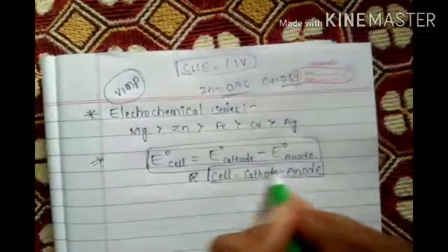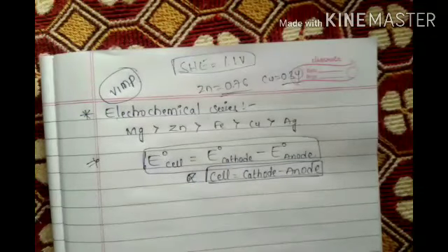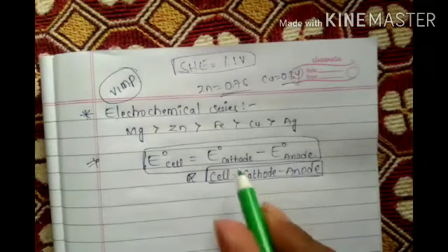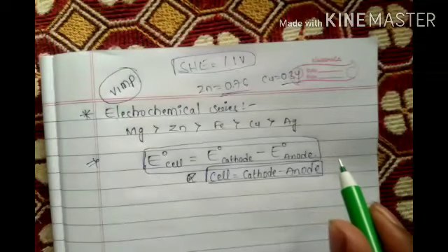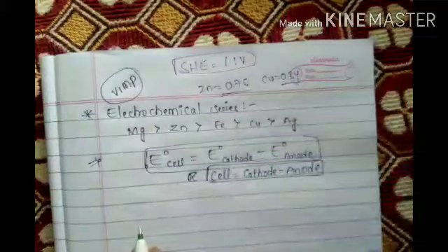Now based on this, nearly 20-25 problems are there in my book and your book, both, based on this only. It looks very simple, but it is difficult. You have to find out which is cathode and which is anode, and which is oxidation and which is reduction, and the EMF of the cell, and finally write the answer. Okay. Before this, some formulas will come. I will explain those formulas once.